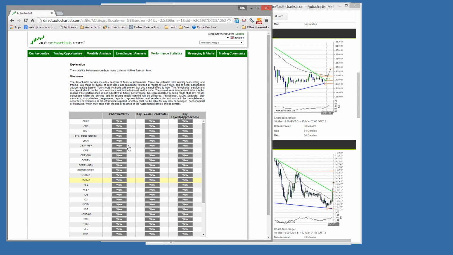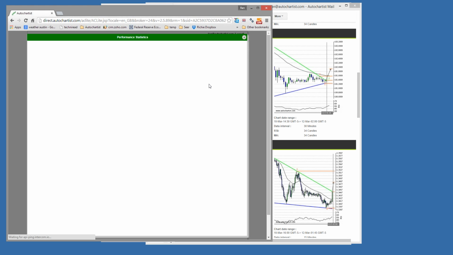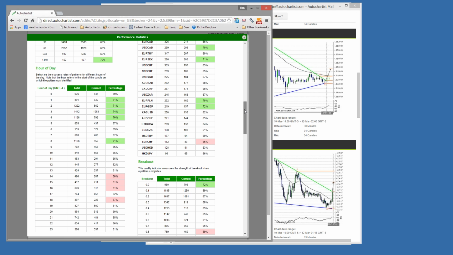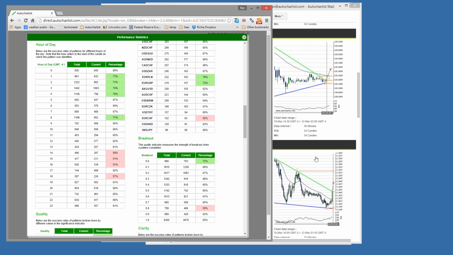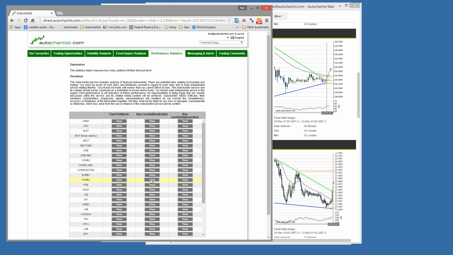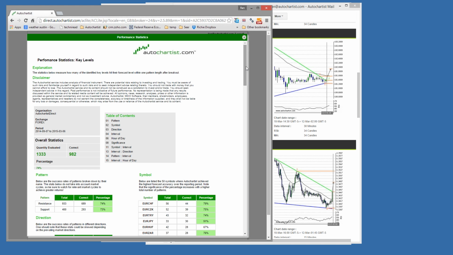Furthermore, if I highlight our performance statistics, there is a breakdown by hour of day of the performance of chart patterns. You will very quickly see that chart patterns perform far better during the European sessions than they do during the US sessions. And that is true for both chart patterns as well as for the key level statistics.